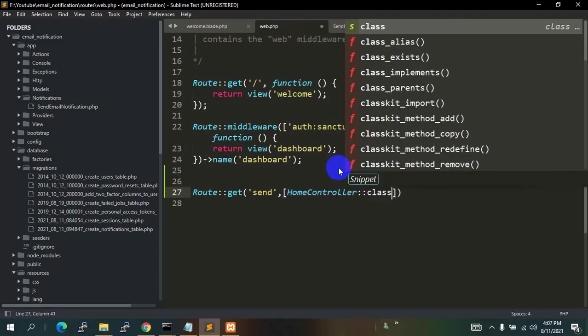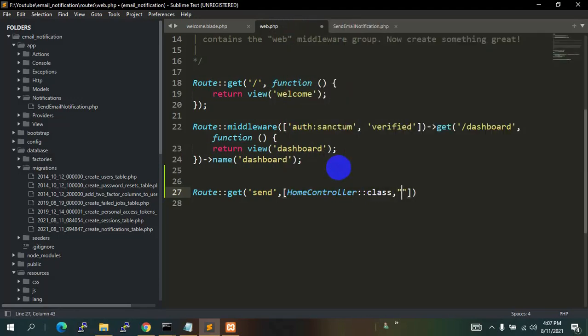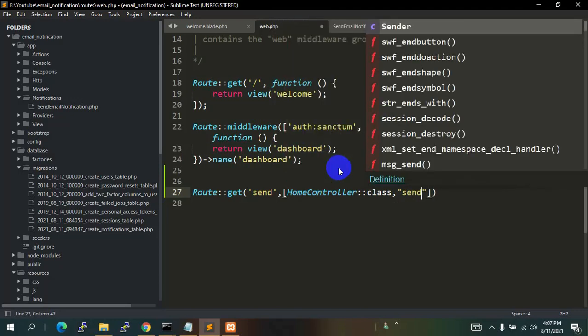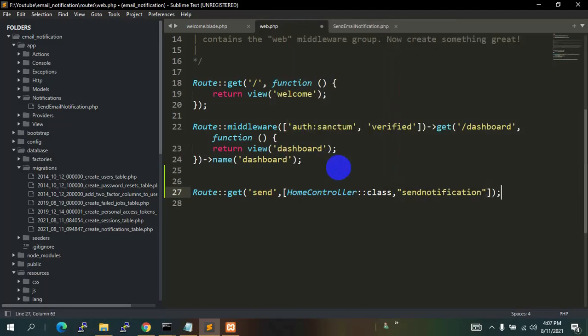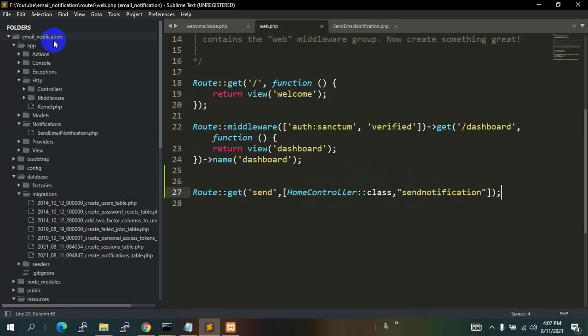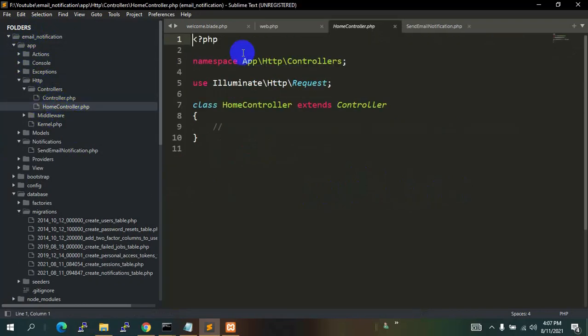We need to give a function name, so let's say over here send notification. Now let's save it, Control S. Now we'll go to our home controller and create this send notification function. So over here you can see inside the controller we have home controller, and we'll say over here public